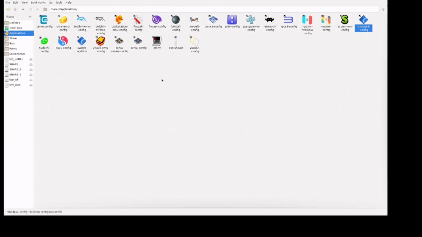But that's how you would go in, do the initial configuration. That's how you're going to install your games, by installing the packages, by using this Shad PS4-config on the applications menu. But that's not really what we want. That's not what I wanted, because I don't want to have to hit F1 every time I want to play this game. I want it to work like everything else does in Batocera, and work from the EmulationStation side of